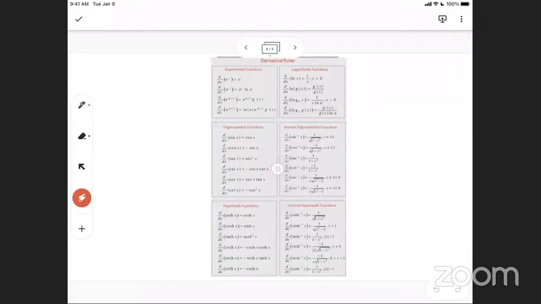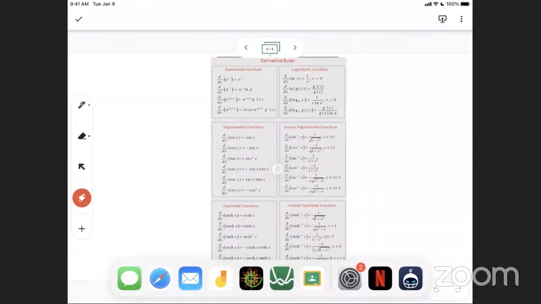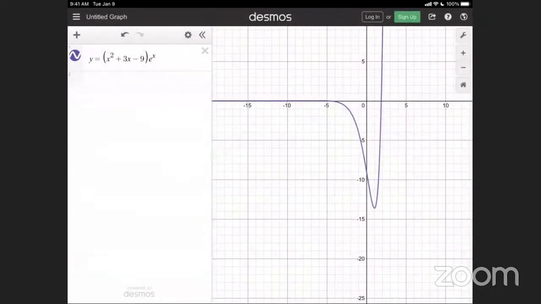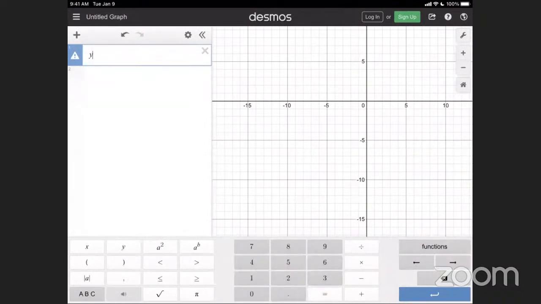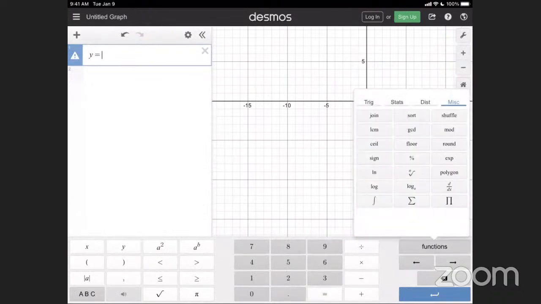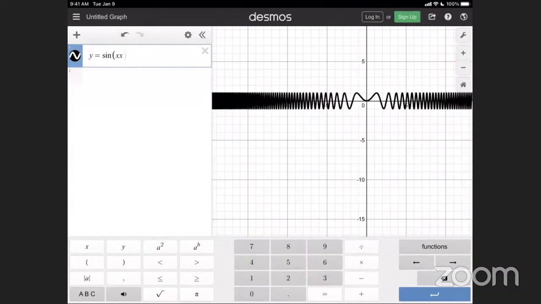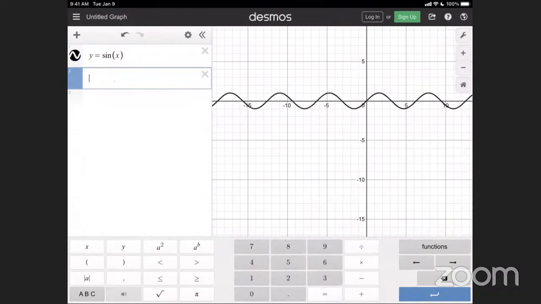And again, what does this mean? Well, here's what it means. I'm going a little bit more into this now so you understand some motivation behind this, because this is undoubtedly where you're going to go at some point in this class. And it sounds like maybe your teacher's not really teaching you this. So if I have sine of x, what did I say was the derivative of sine x? Cosine. So if I graph cosine next to it, guess what these two things are going to help me see when I graph them with each other?